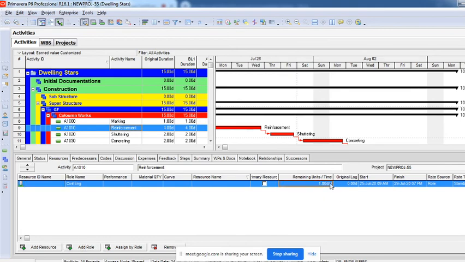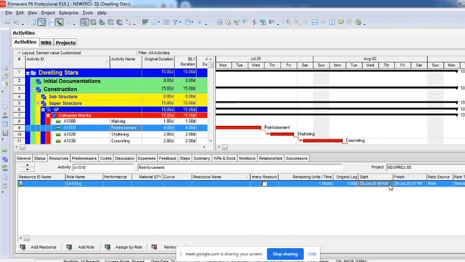You can increase and decrease here in remaining units per time. So it's a start date, end date, on which particular day these particular people will start their work, and end date. By default, the start and finish will take the activity's start date and end date. But after the start of an activity, this particular role has to be performed. That can also be there.